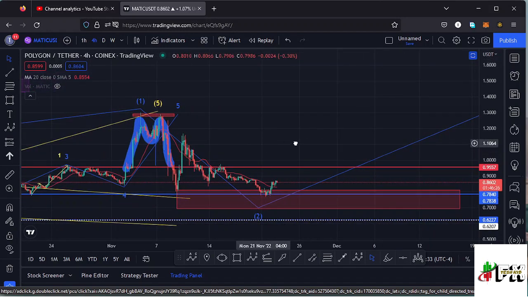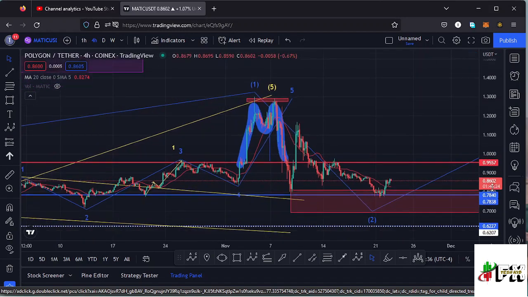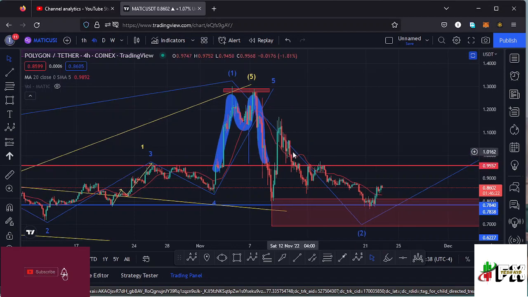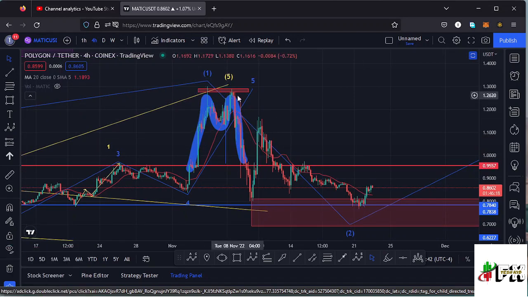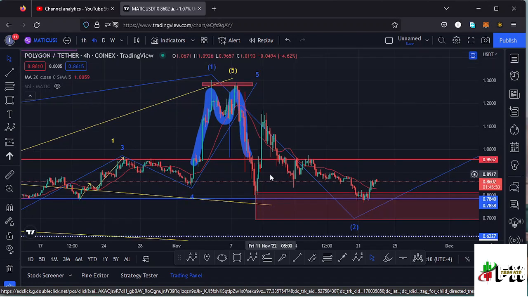And before we started seeing that breakdown to the lower side in the formation of that higher Elliott wave count 2, we had a chart pattern that is right here, which is a double top, which is a chart pattern that normally breaks to the lower side, having the target area of the breakout as the height between the tops and the neckline. And after seeing the breakout, you can see we fully maximized our target area by retracing even back to around the $0.78 mark, found a key area of support at around the $0.78 mark, gave us support,